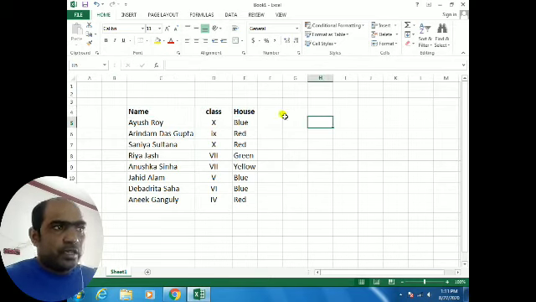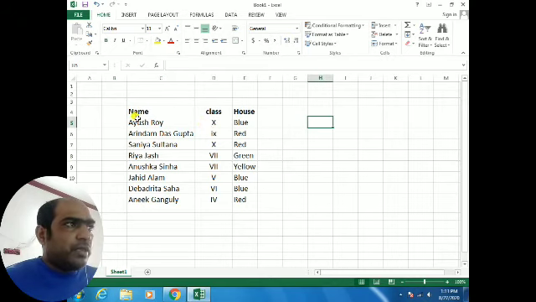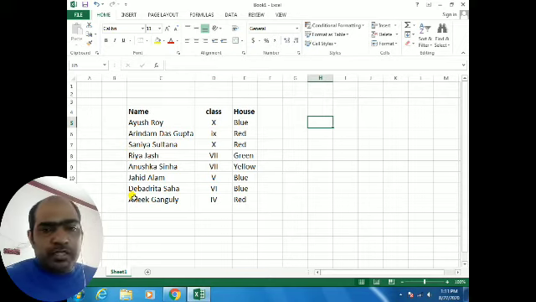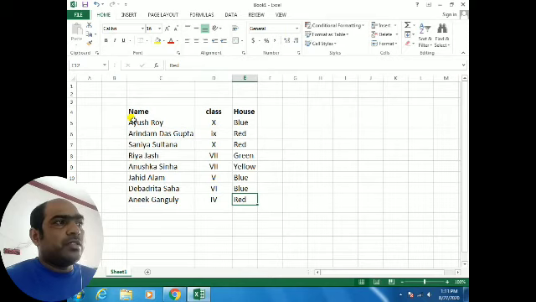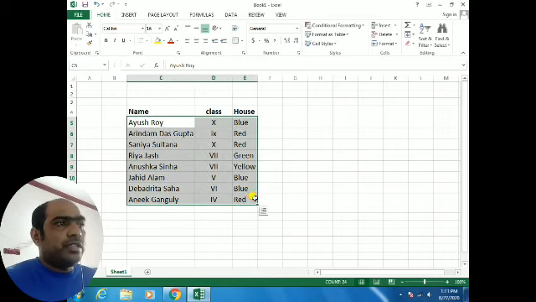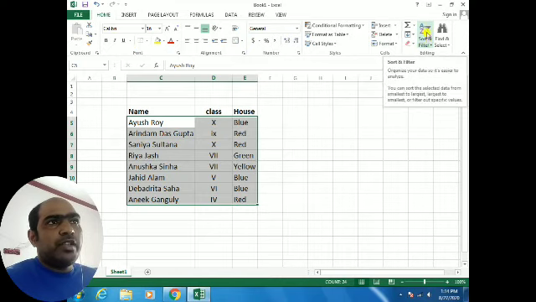Now first of all you can see here A, S, R, A, J, D, again A is there. First of all I will make the ascending order. How is it possible? You have to select first. Then you can see here in this editing group, there is the A to Z sort and filtering.